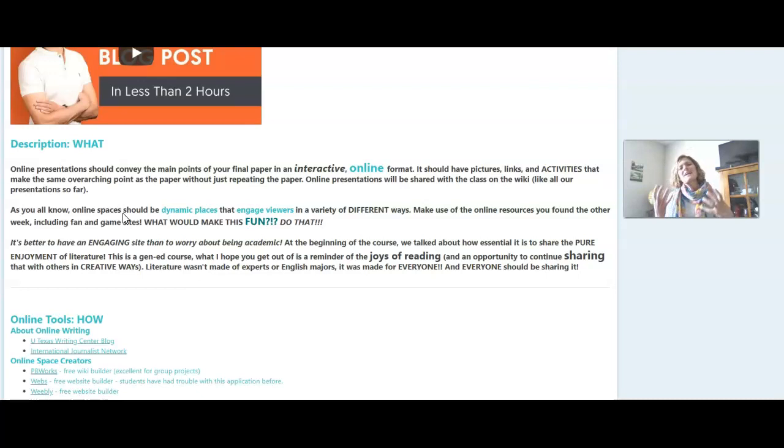And if you remember, at the beginning of the semester, we talked about sharing that pure enjoyment of literature and how important that enjoyment is. That's what you're sharing here. That's what this is about. How would you want to hear about this text that you've been reading, doing a close reading on? How would you want to hear about research? How would you want to know these things and have them shared with you? That's what you're doing here. So get that creativity and that enjoyment out and just go for it.